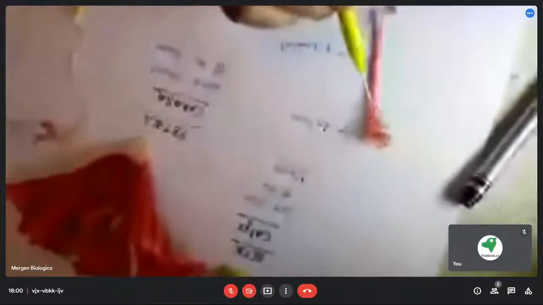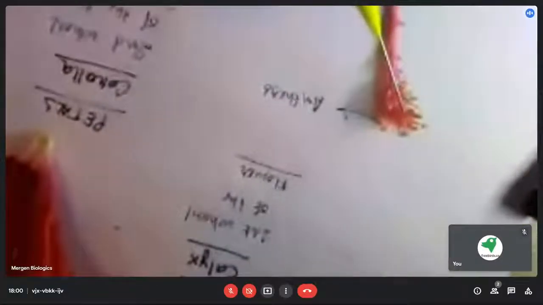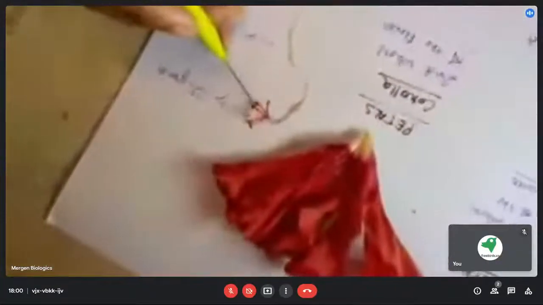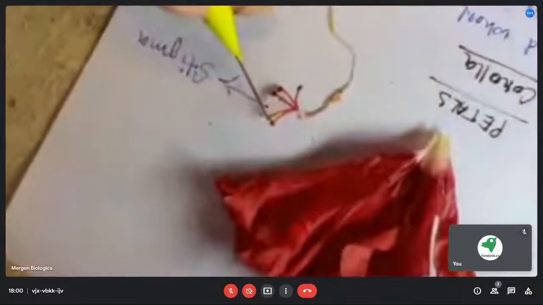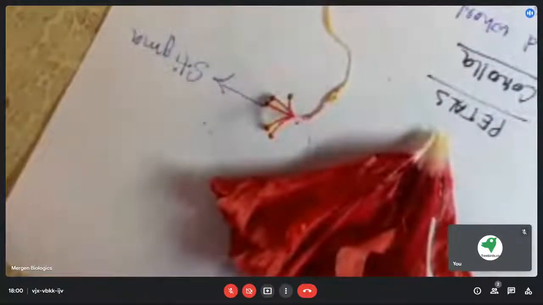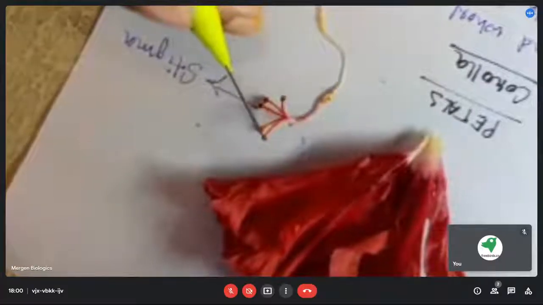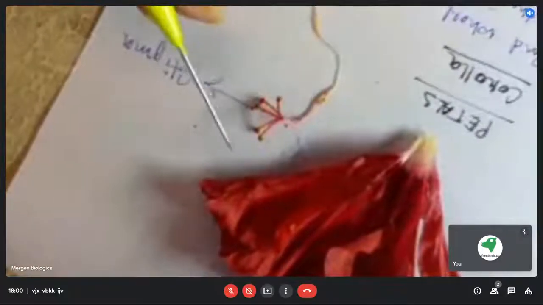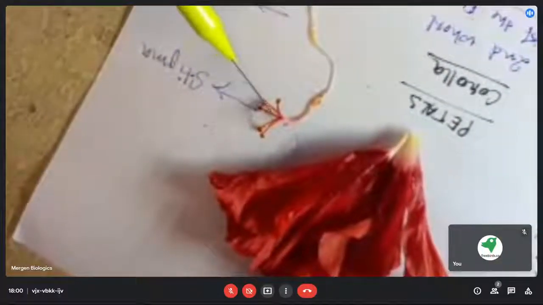So this yellowish thing, that is the pollen grain, they will travel through different pollinators to the stigma, that is this cap-like structure the female reproductive part has. It is called the stigma. At the stigma, the pollinator will release the pollen that it has carried from the male part to the female part, and the pollen grain will enter through this style to the ovary.